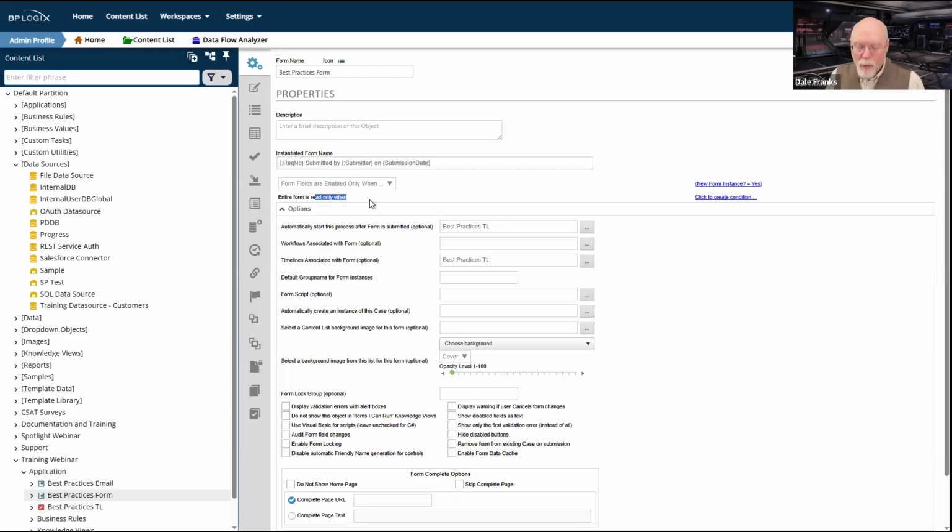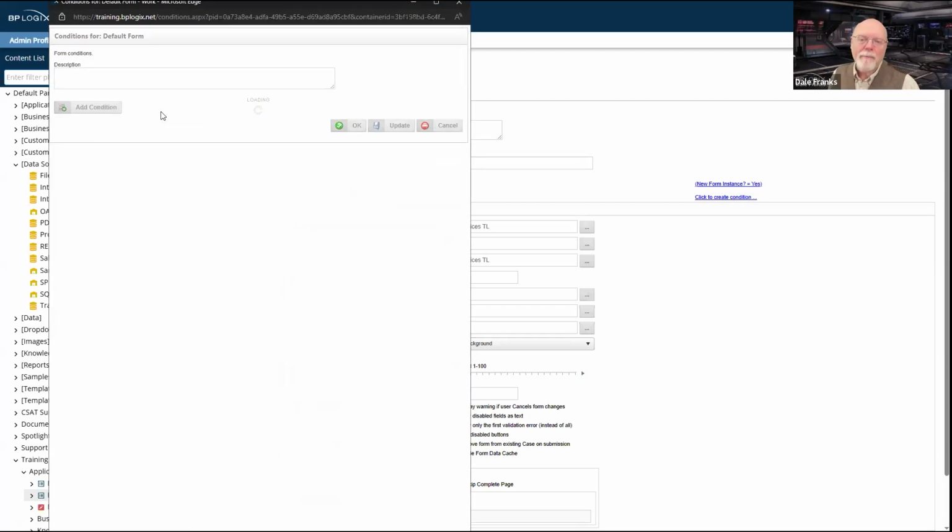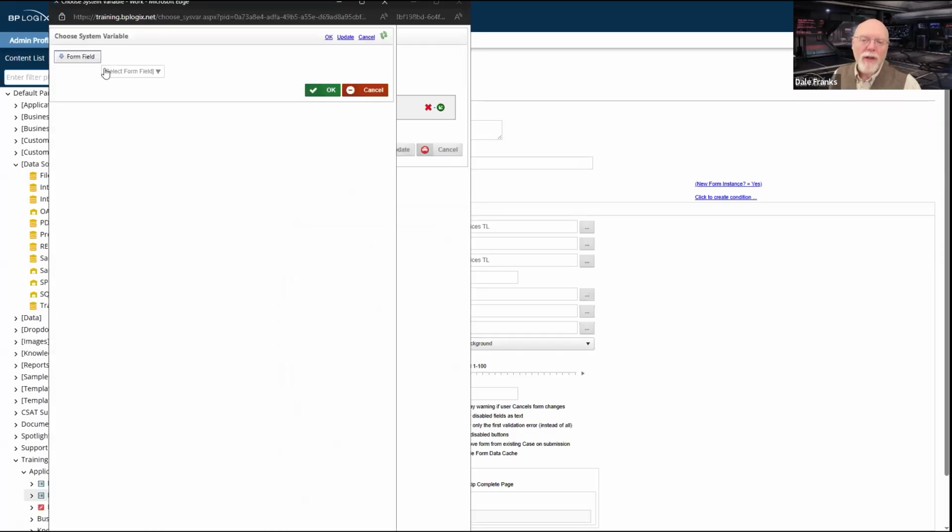Now, obviously, we can't do that for a new form instance. In almost every case, we can't do that whenever the form is actually working through the process. But once that process is done, we generally want to disable that form or make that form read-only so that nobody can go back in at a later date and change any of its historical data. So we are going to need to create a condition for that. And we just want to do it whenever the timeline is complete.